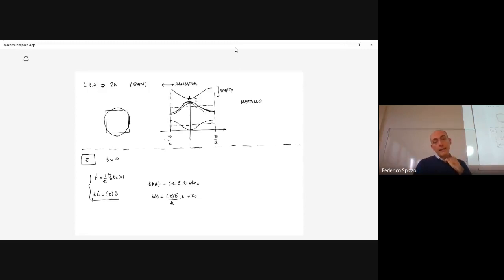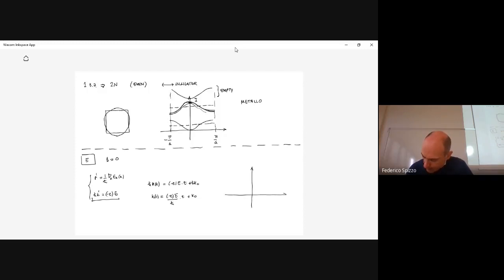So the idea in this case is that if you switch on the electric field, the crystal momenta of the levels will shift to the right or to the left depending on the orientation of the electric field. So just to see what happens in the one-dimensional diagram,